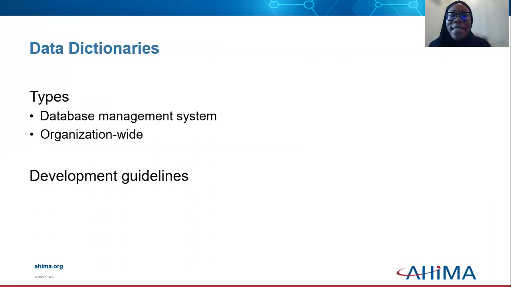Okay, so data dictionaries, I think, is the last concept covered in this chapter. Your database management systems are software tools used to store, analyze, modify, and access data. Okay, so there are two types of data dictionaries. One is a database management system, and then the second one is the organization-wide database management system. And then your chapter talks a little bit about development guidelines. I think that it's important to read, though I don't necessarily think that this in its entirety is going to